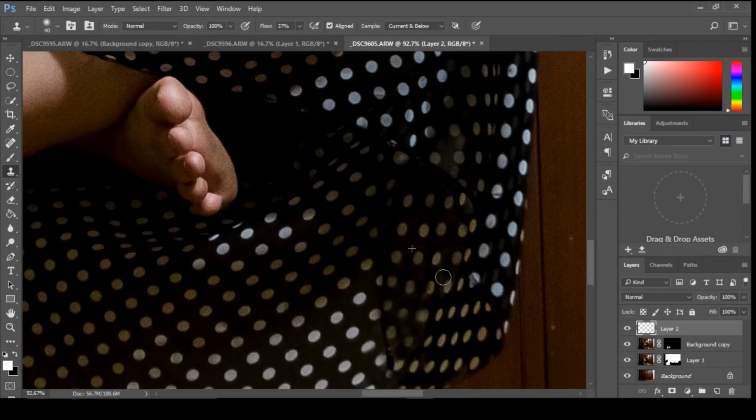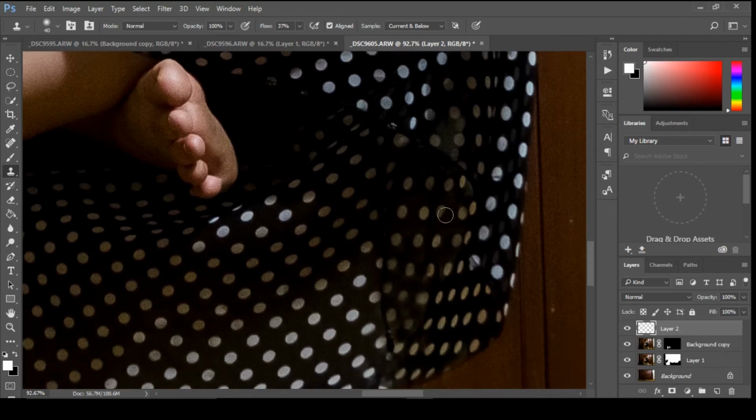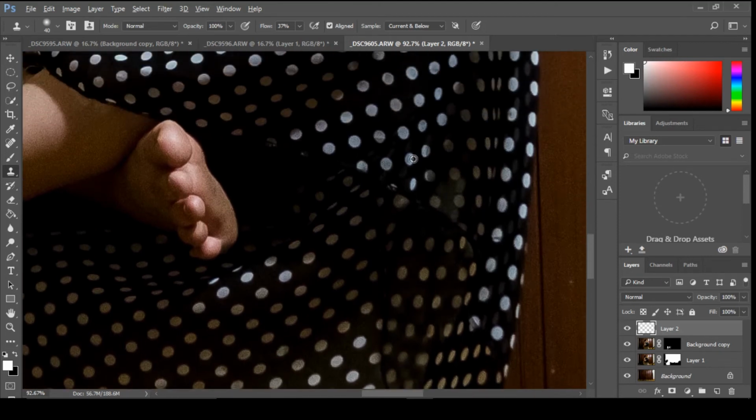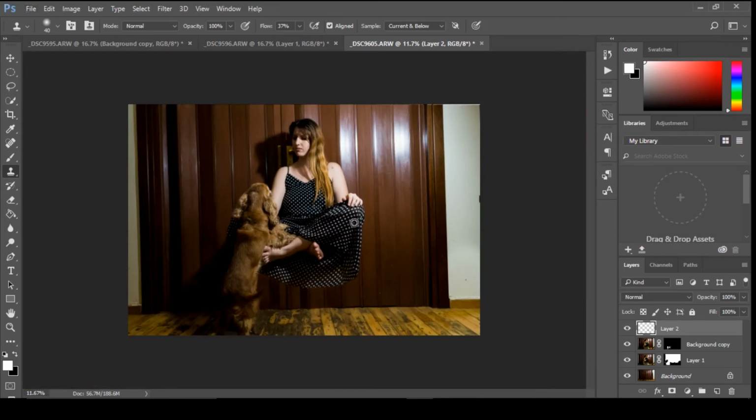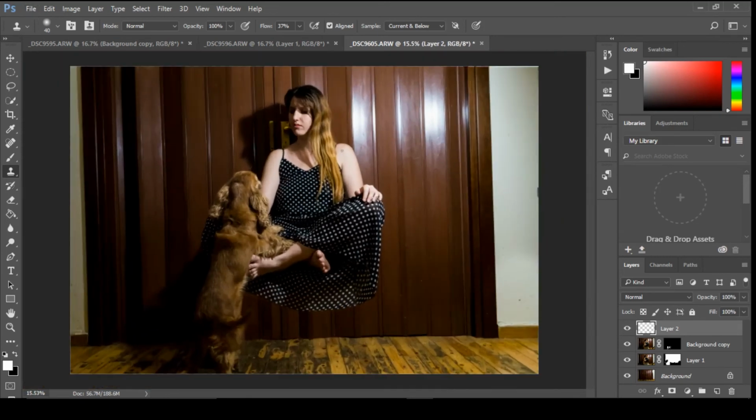Nice. And a little bit more here and we are finished with this step. It looks perfect. Nice.